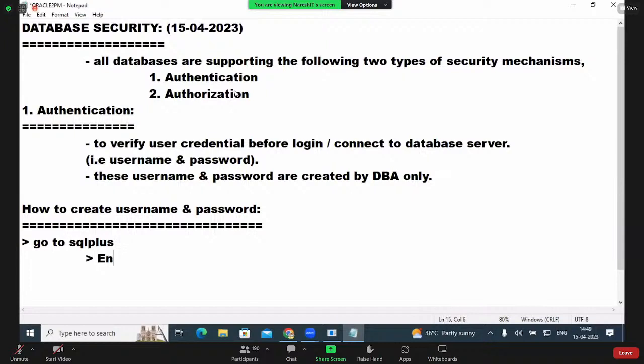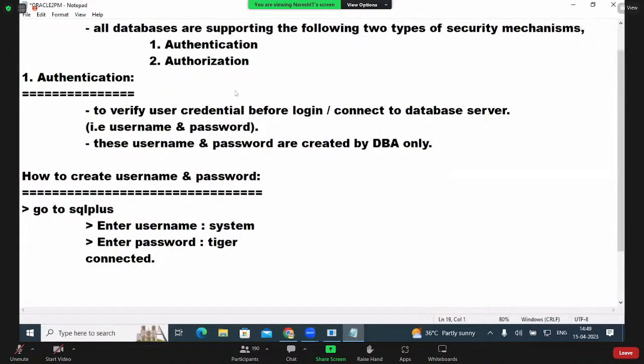What was it asking me? Enter username. Who is the user? System is the default user, we all know. Then it was asking, enter password. The password is what? Our password is tiger. After connecting,